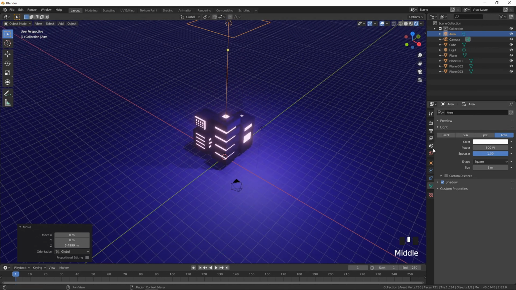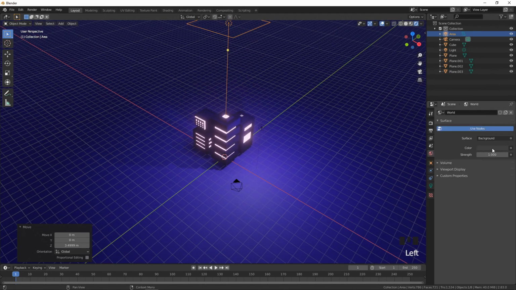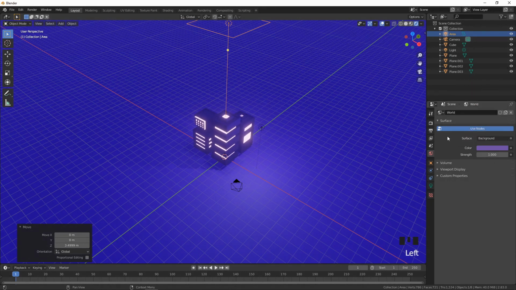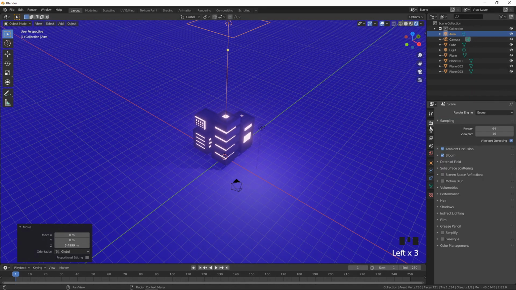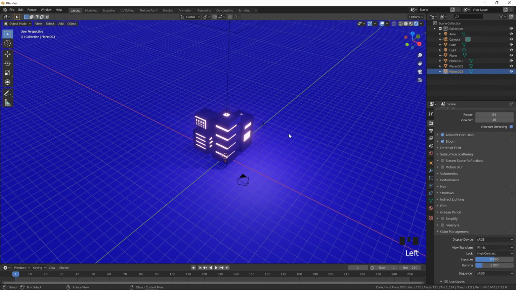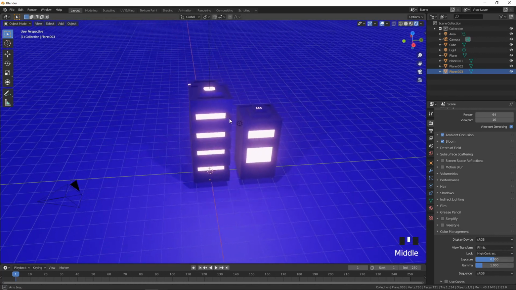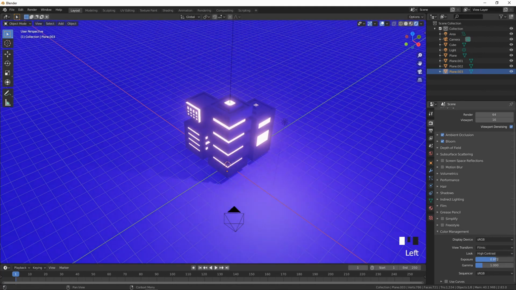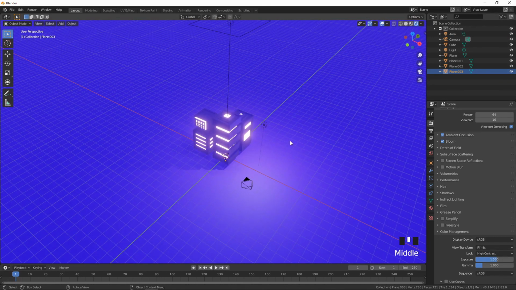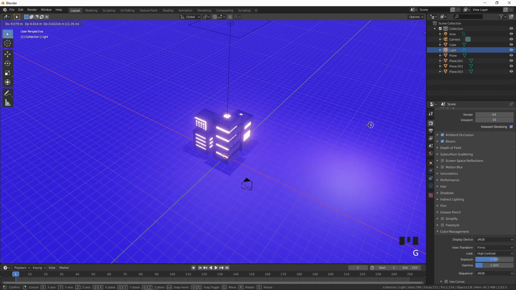And this scene is quite dark, so if I go into our world properties, perhaps bring this up a little bit and lean it towards the purpley spectrum, and this will increase the overall brightness of your world. As well as if we come into our render properties, color management, I'm going to adjust the look using the options here, and perhaps go into high contrast, which is going to really just make those colors pop. And maybe increase the exposure to 1.5. And this is looking really blown out right now. If I move this back